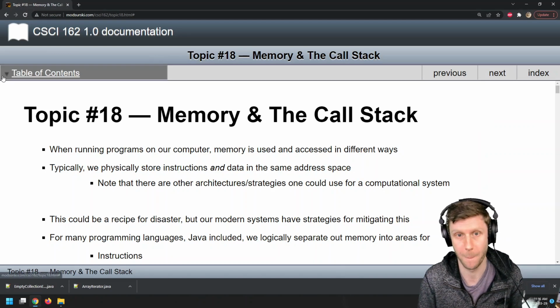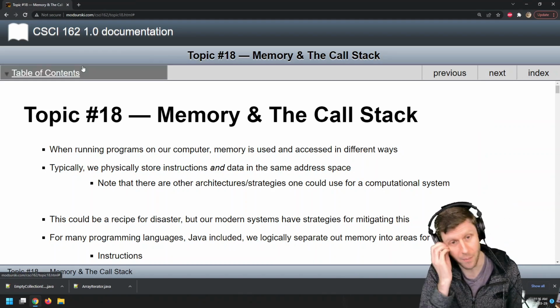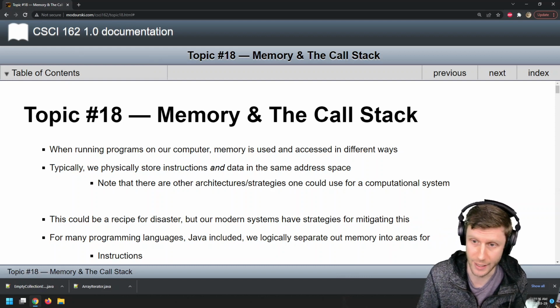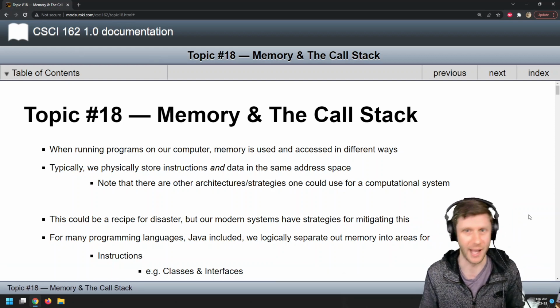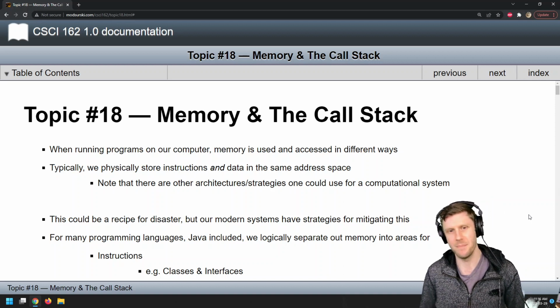Okay, yeah. So last time we finished up the exceptions, and now we're moving on to memory and the call stack. Before getting into this,